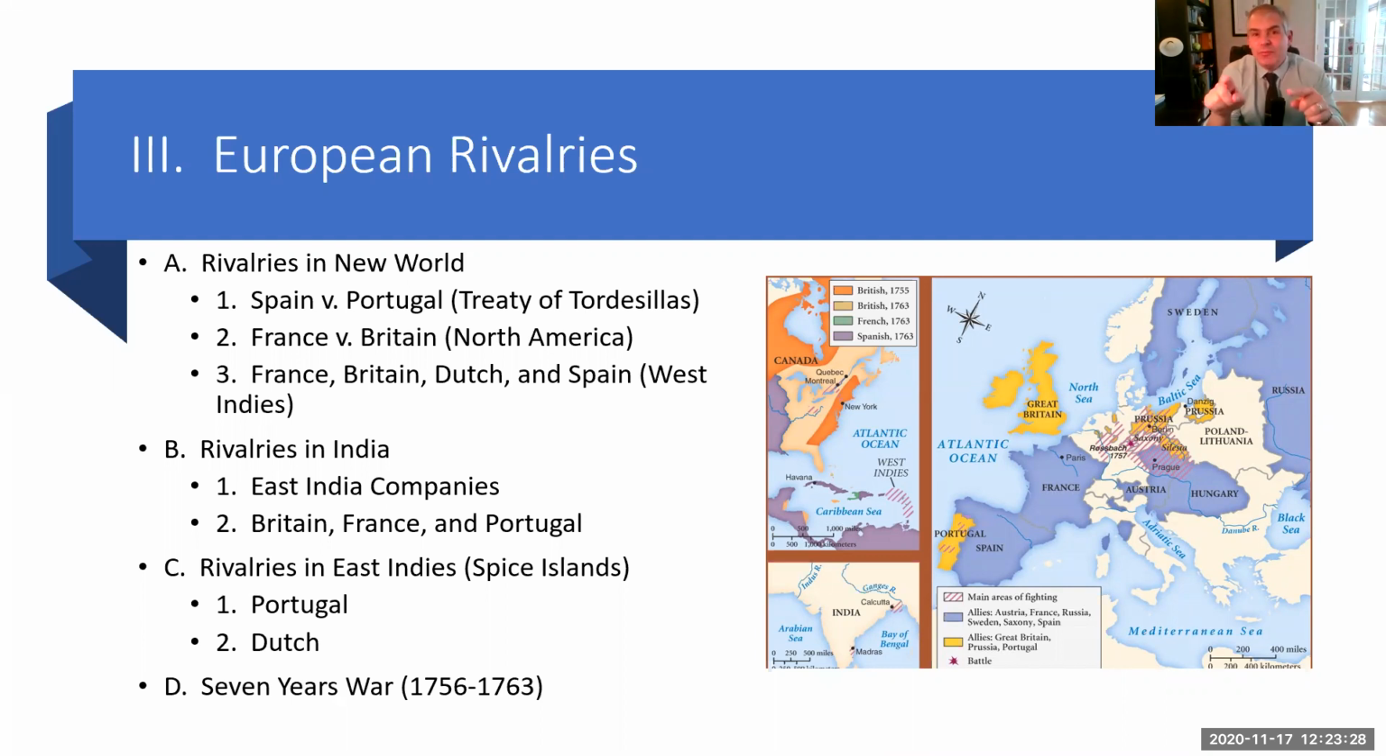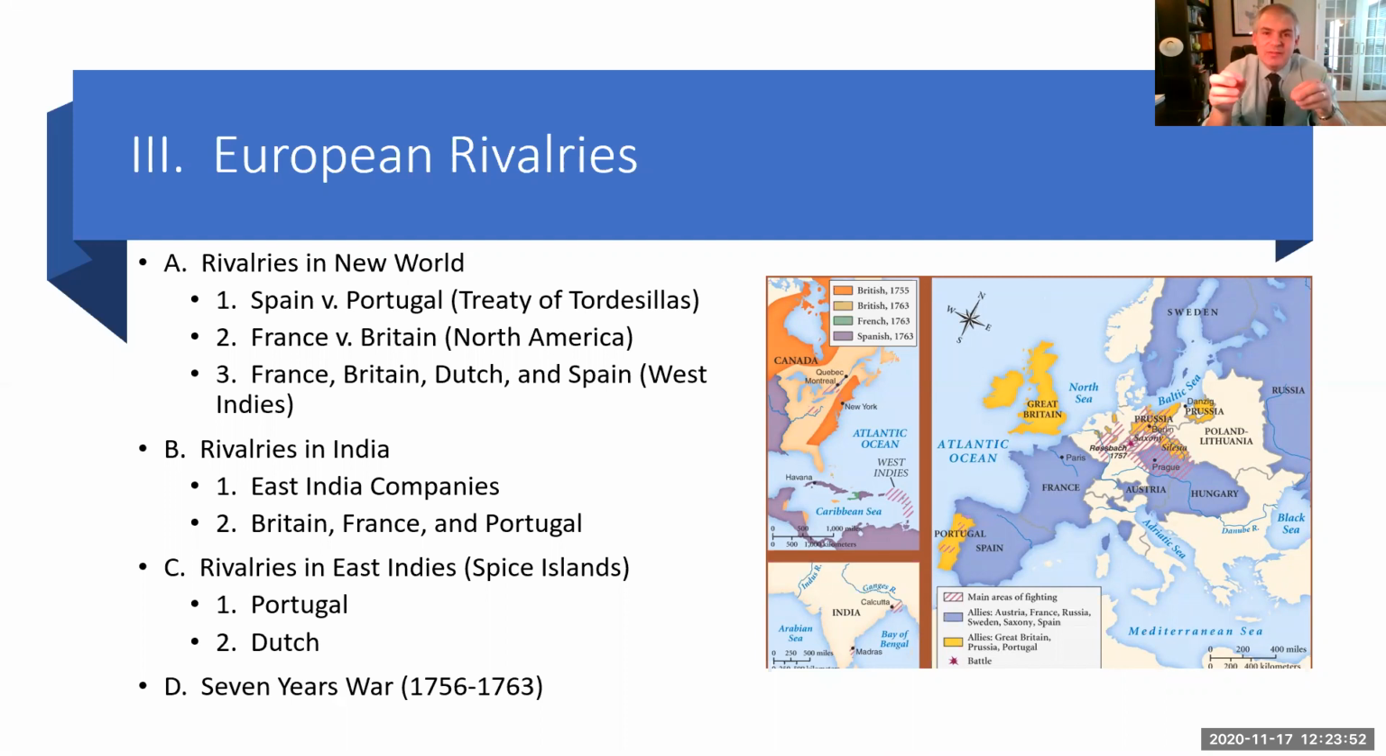You remember the Portuguese arrived in the Indian region first. The British and the French start establishing themselves within that market. And Britain and France are going to really become the rivals within India. And then lastly, within the East Indies, which we would call the Spice Islands, which you could refer to as Indonesia,